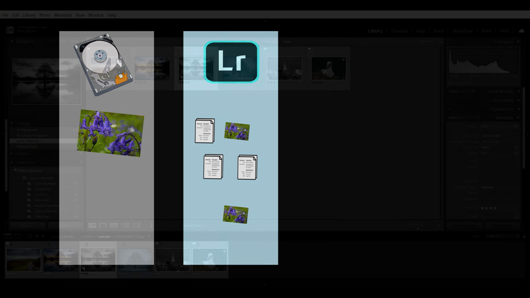Now, the key thing to remember here is that Lightroom does not go back and edit the file on the hard drive. You won't get another file on the hard drive, or the file on the hard drive won't change unless you export and overwrite it, or a new file is created whenever you export. So that's non-destructive editing. So let's go ahead and take a look at the snapshot.